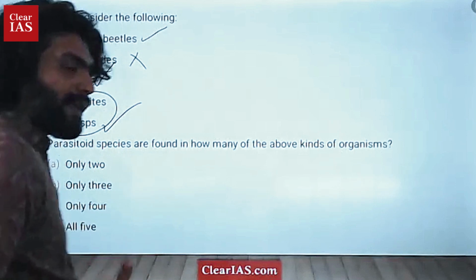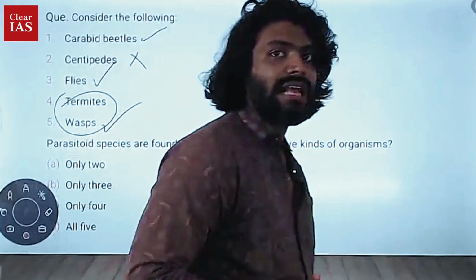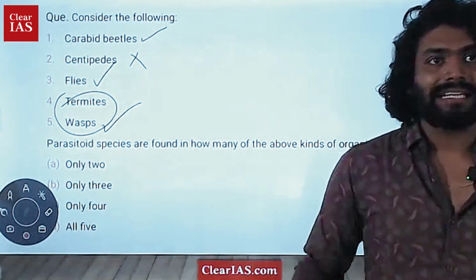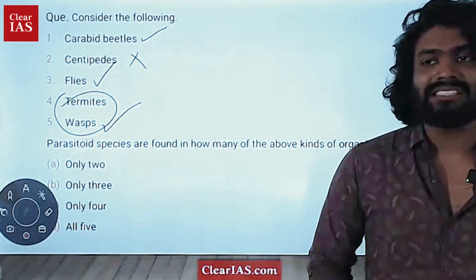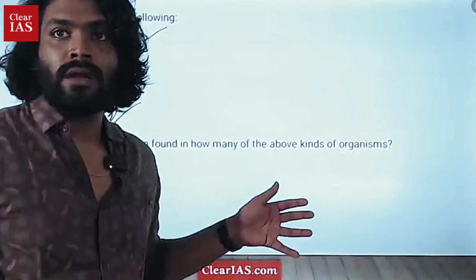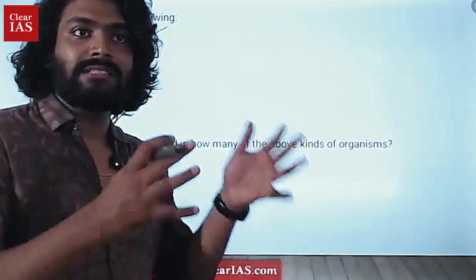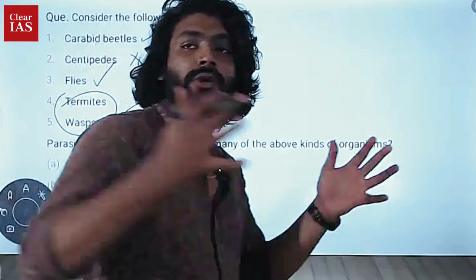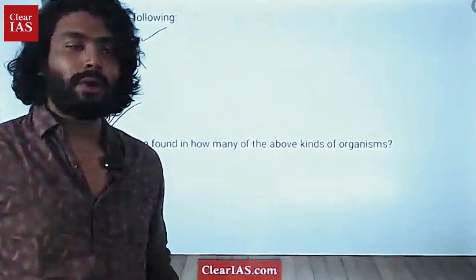Again, look at how UPSC is asking questions. They are not directly moving into the concepts of environment. Parasitic interaction, mutualism, such interactions are not being directly asked. But at an application level, they are asking such questions. They are asking explicitly about the animals, or organisms, which belong to a particular kind. Okay.